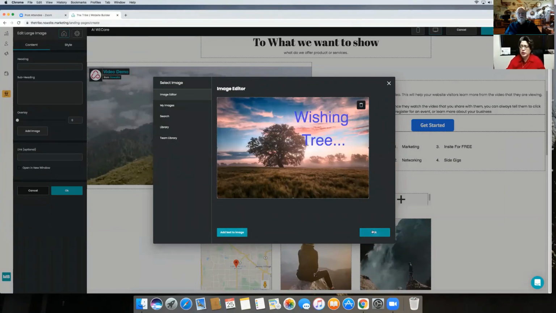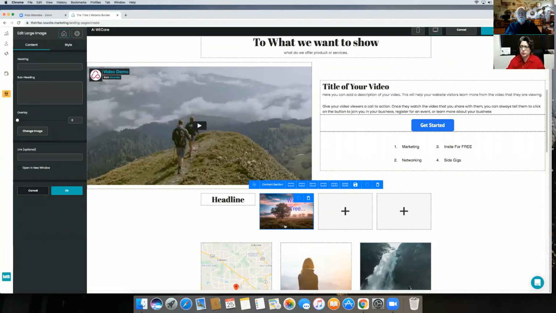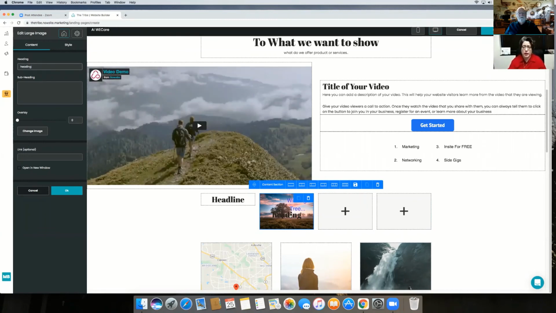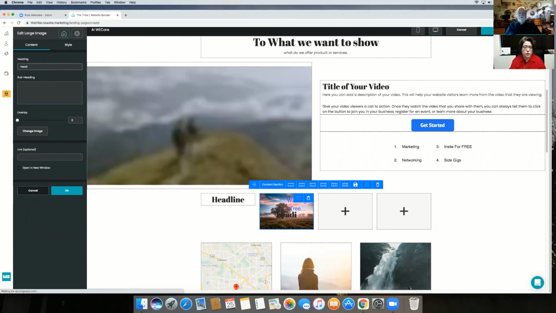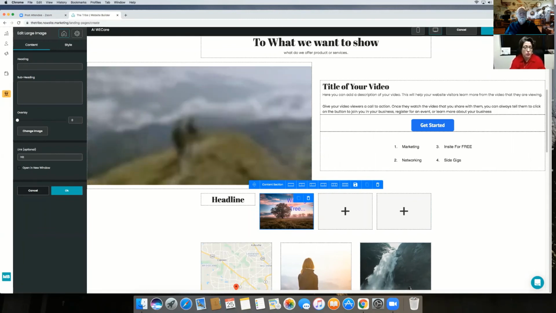Okay. We're going to click OK again, and that picture is going to show up right here. Okay. We're going to hit OK over here because we really don't need to do anything else. We're not going to put a heading on top of it unless you want. Okay. And that's going to put it right in the middle of the picture. So we don't want that because we've already added words to the picture. You can come back here and add